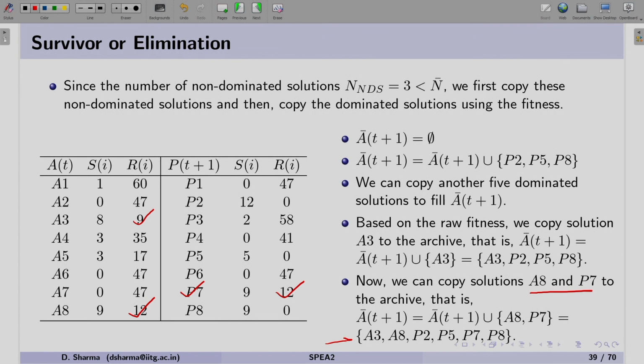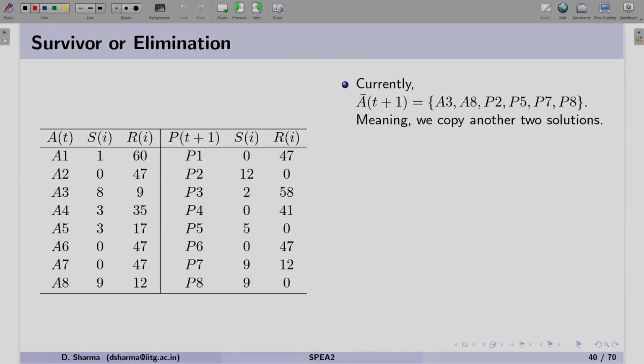Now this is the current archive, which has copied 3 plus 1 plus 2, basically 6 solutions. Since we have copied 6, we still have space for 2 solutions to fill the archive completely. As of now, the solutions having a raw fitness of 12 are copied.